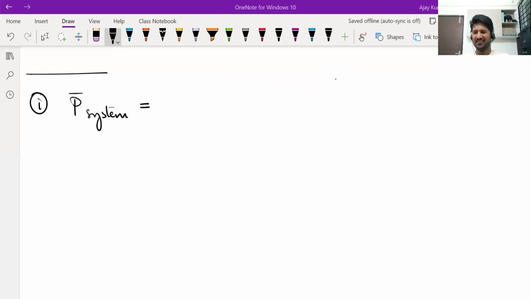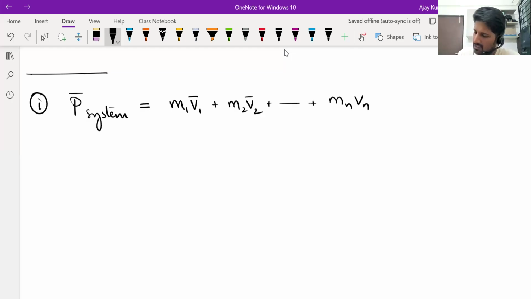Okay. So we are now dealing with systems of particles. Okay, a system having infinite number of particles. So if you want the total linear momentum of the system, it will be m1 v1, that's the momentum of the first particle, plus m2 v2, that's momentum of second particle, so on, mn vn, that's the momentum of the